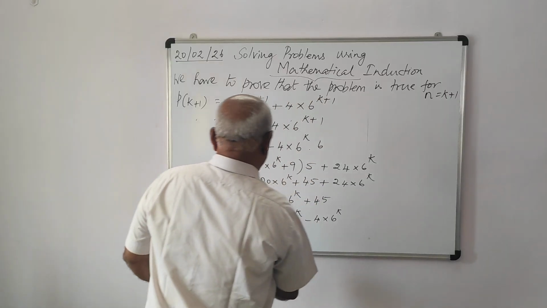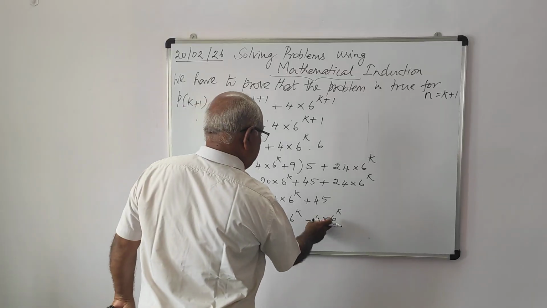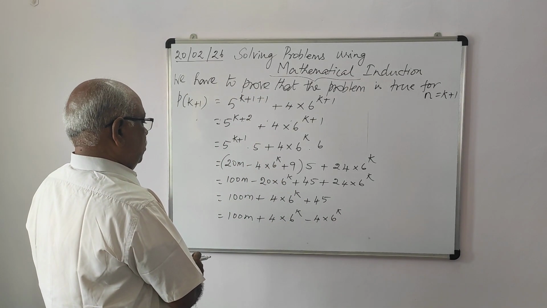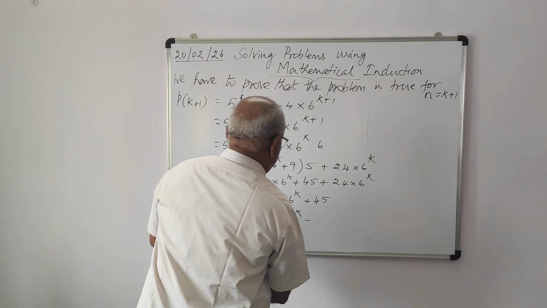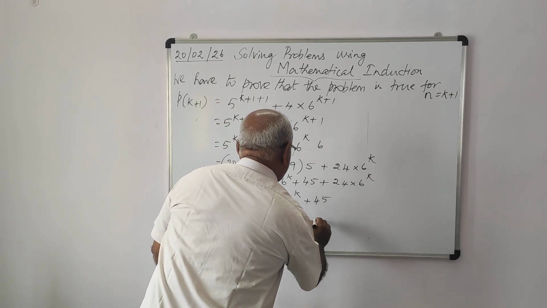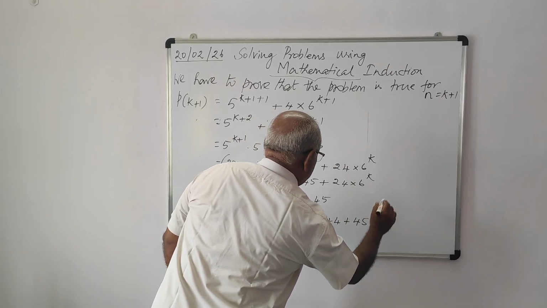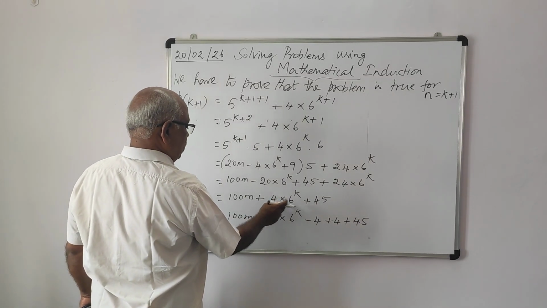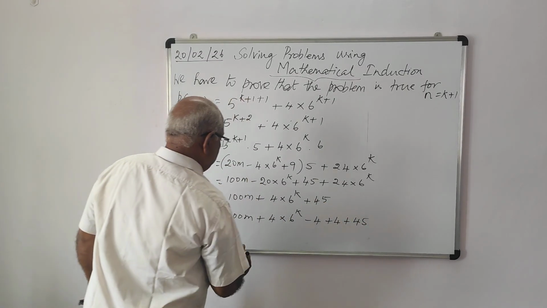Sorry. You subtract 4 and add 4, minus 4 plus 4 plus 45, like that. See, 100m plus 4 into 6 power k, you subtract 4 and add 4 for compensation, plus 45. So this is equal to